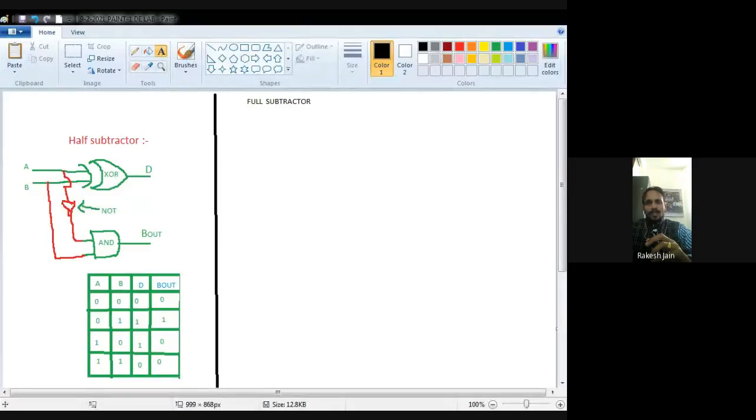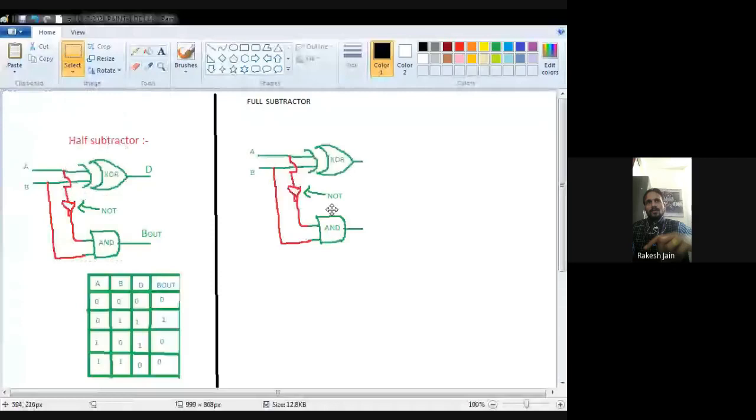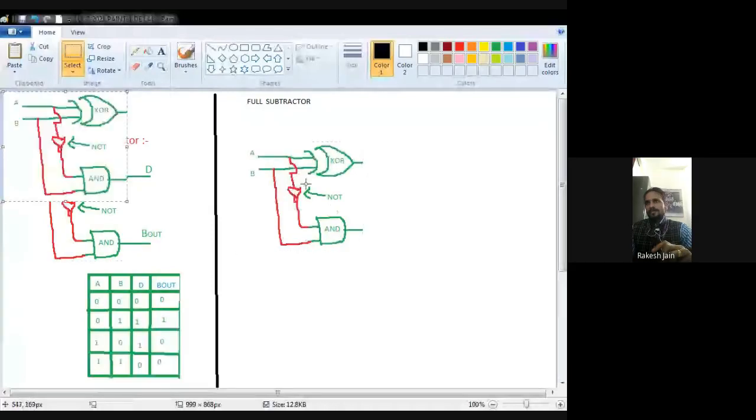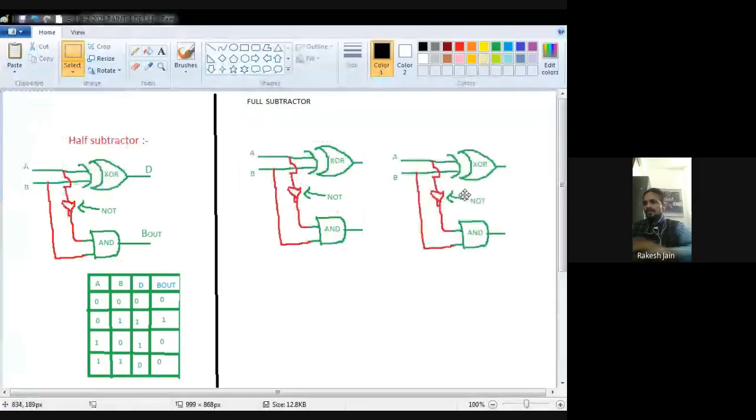So for the full subtractor, as we know, when we studied the half adder and full adder, we saw that a full adder is a combination of 2 half adders. Similarly, here the full subtractor is a combination of 2 half subtractors. That is very simple to understand.